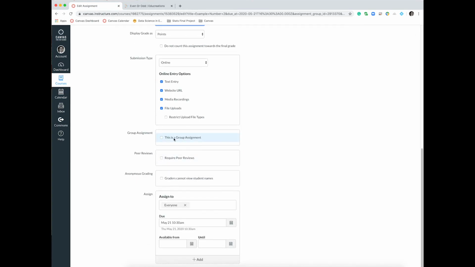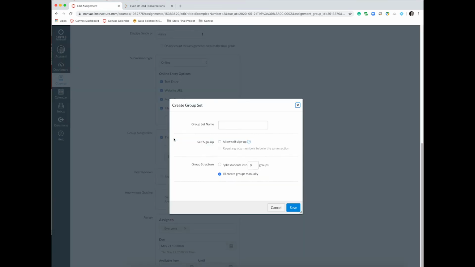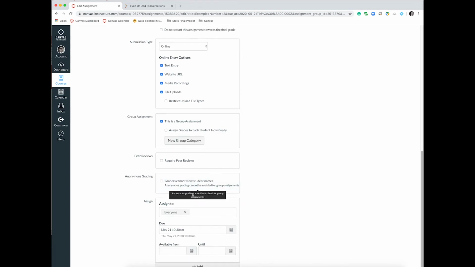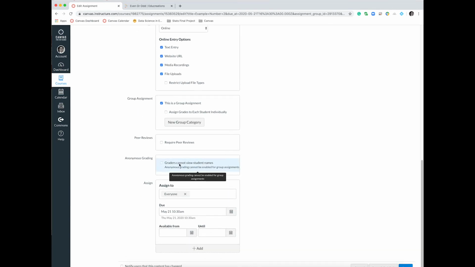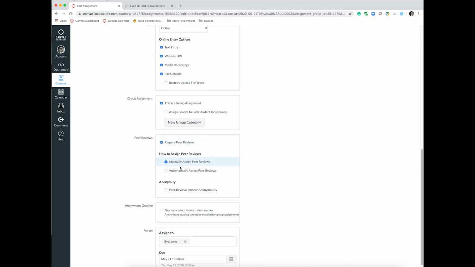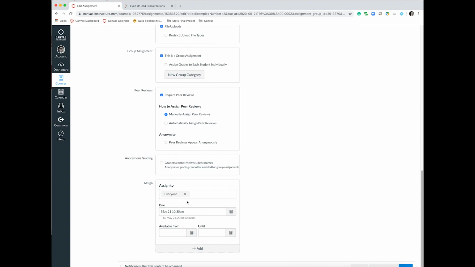This group assignment thing is really an excellent feature. It gives us the ability to pre-assign groups and do that manually so that then groups can submit and work together. This is where I think we can be creative in our online courses here, and even creative when it comes to regular courses. We can assign peer review grades. It's going to require people to then look at their peers, and it's just another added element to the online space. That could be interesting to play around with,